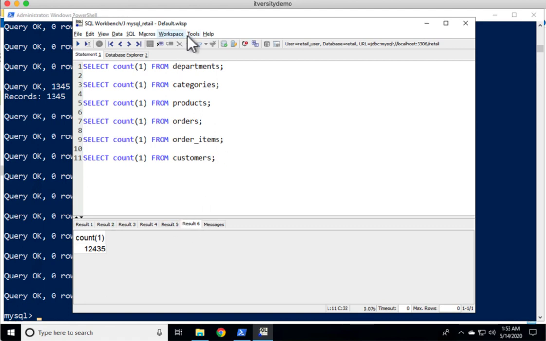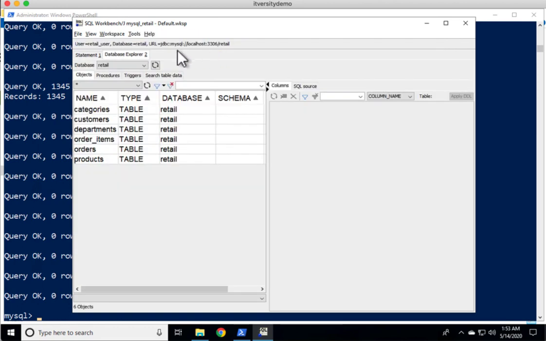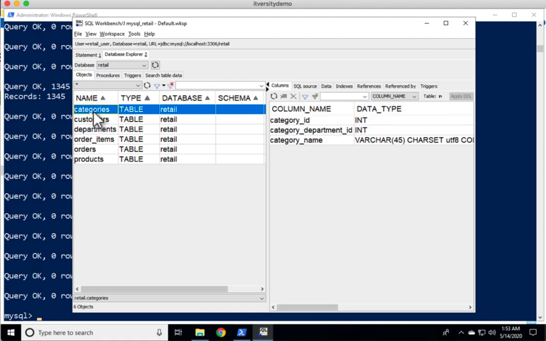If you want to preview the data of one table, instead of running a query here, you can actually go to Tools, Database Explorer. Already it is there, so we can actually go there, and once you select the object, you can see columns, SQL source, etc. here. You can actually choose one of the tables here. Earlier the table was not selected, and hence we have seen fewer options.